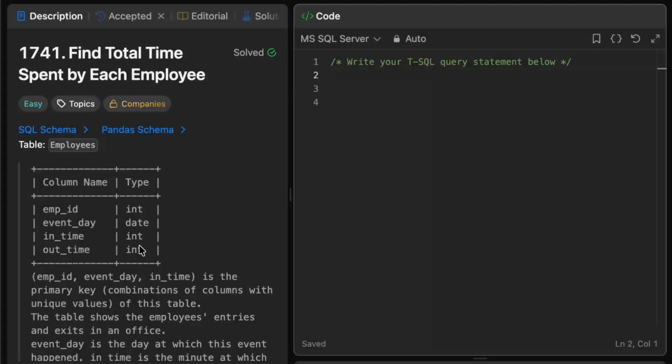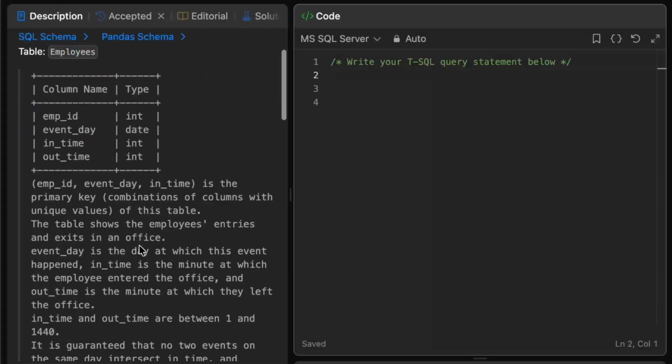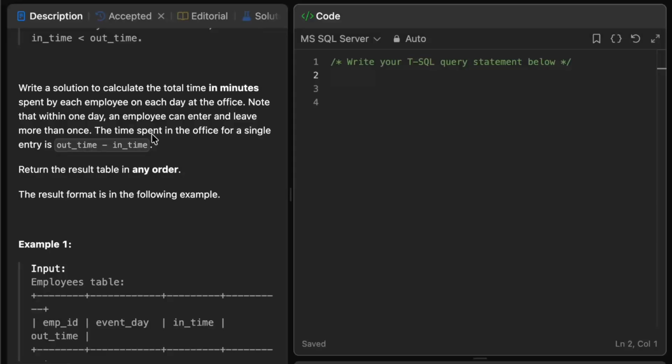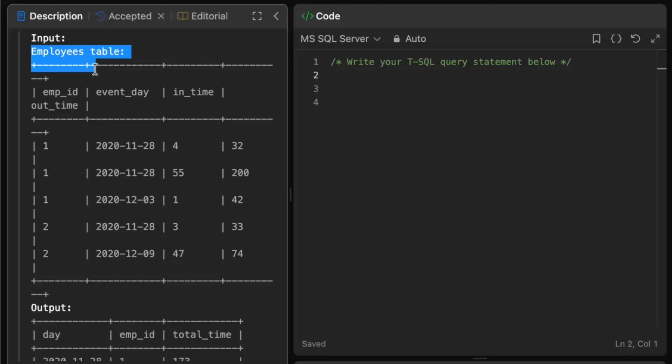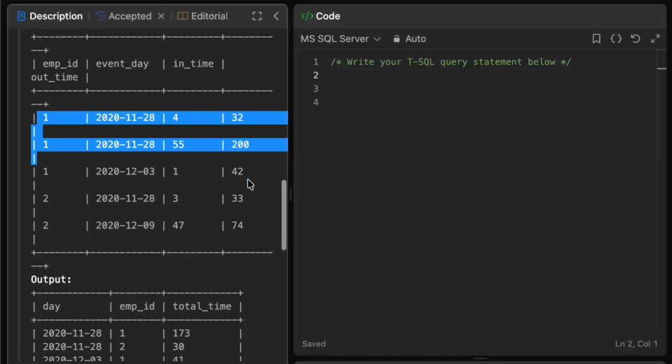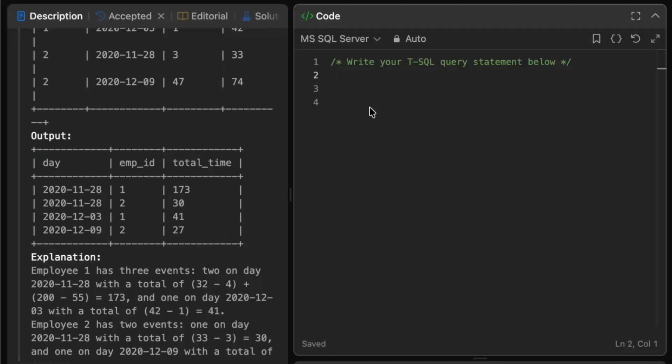Today's challenge is to find total time spent by each employee. We need to calculate time spent in the office by subtracting in time from out time. For example, we have a table employees, and for each employee and event day, we need to calculate the total time. We write the select statement,